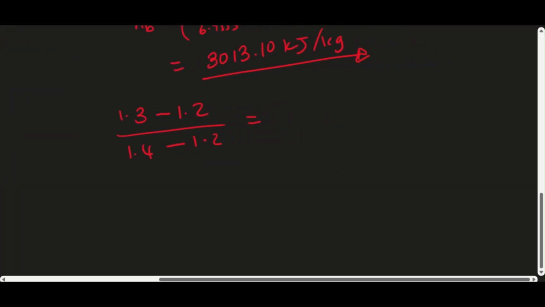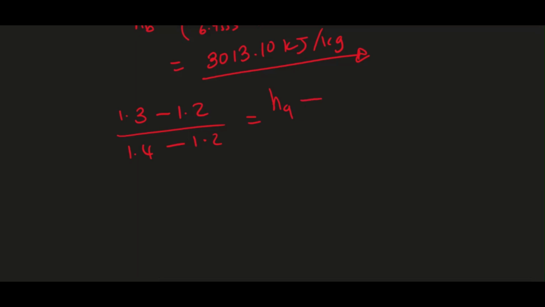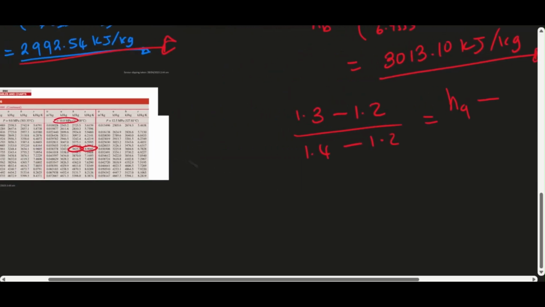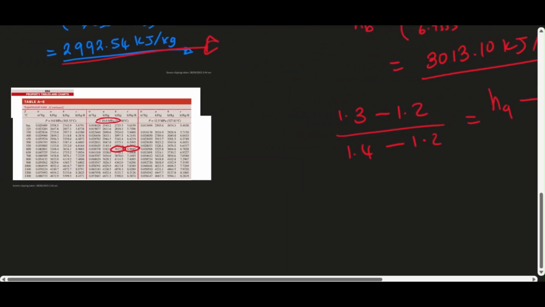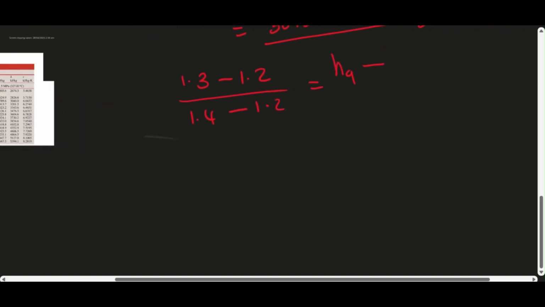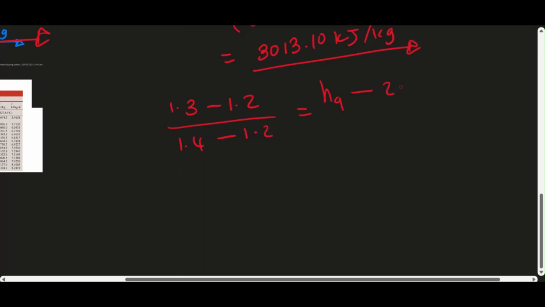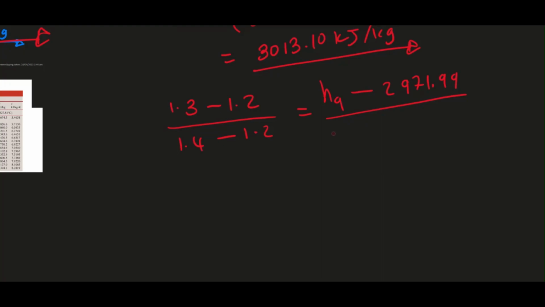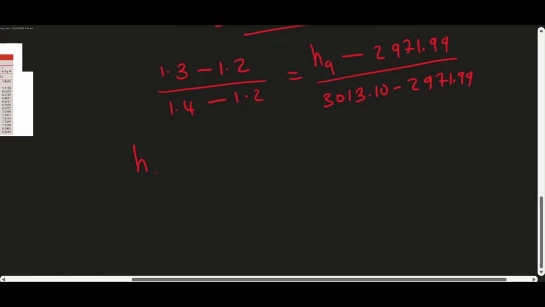All of this must be equal to what we are looking for, H9, that corresponds with 1.3 megapascal minus the enthalpy that corresponds with 1.2, which is 2971.99, divided by 3013.10 minus 2971.99,